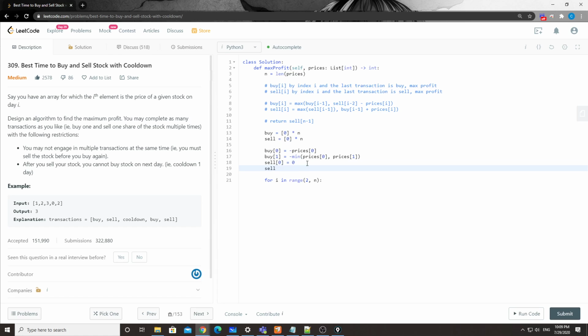How about sell[1] here? Sell[1] is very simple, right? To be able to sell at 1, we have to buy at 0, right? So basically that's where prices[1] minus prices[0] comes from, right? But since we're getting the max of them,